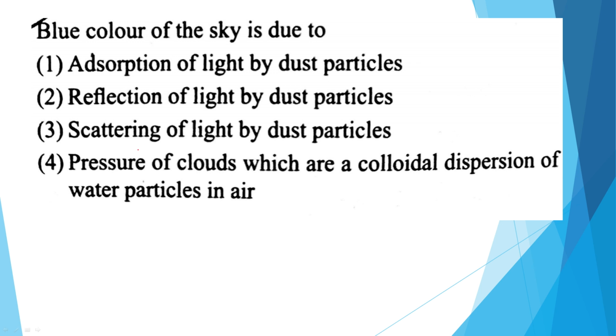See, this we discussed from childhood, from the lower classes you are studying. The blue color of the sky is due to the scattering of light by the dust particles, according to Rayleigh's equation: the intensity of the scattering is inversely proportional to the fourth power of the wavelength. Blue light has the shorter wavelength, so to a greater extent it is scattered, and the scattered light reaches the eye, therefore the sky looks blue. Next.